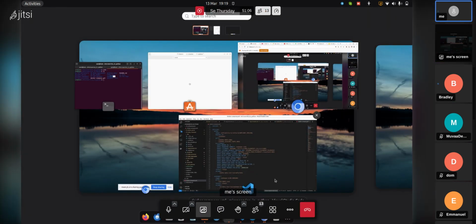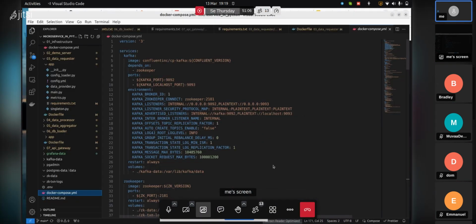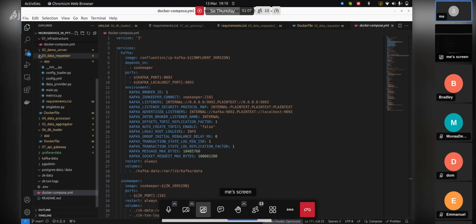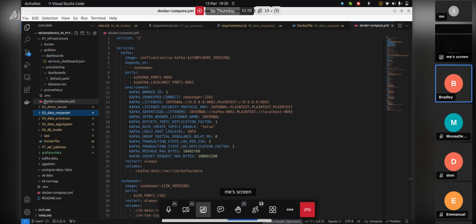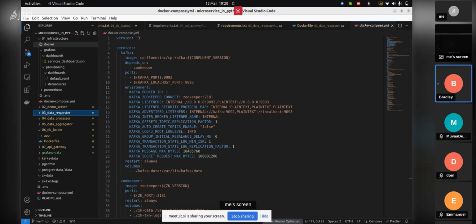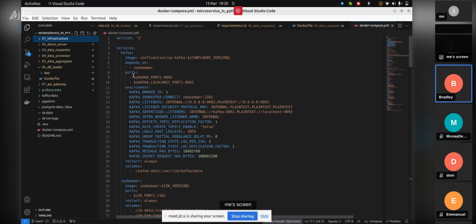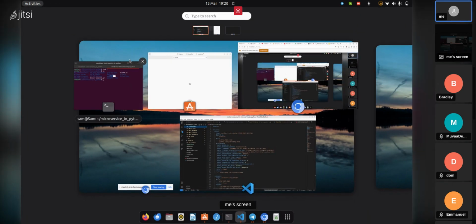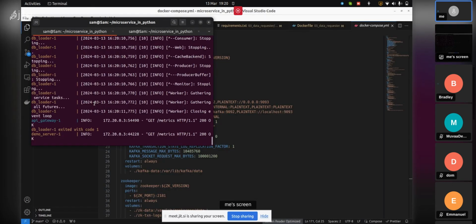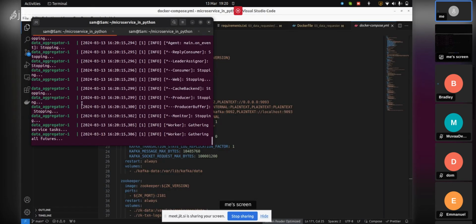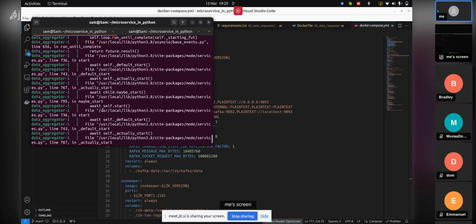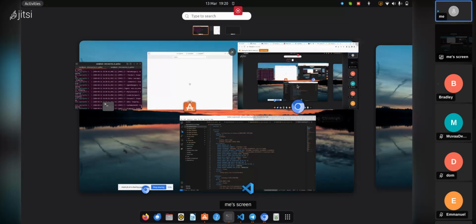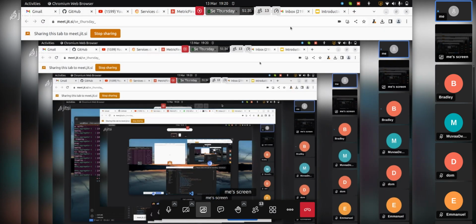So I'm going to show you from my code base. Next time we're going to do all this physically, but now I just want to show you how it works. We have our infrastructure, a demo server, a requester, everything. If I come back to this, I can spin up these Docker containers. You can see the Docker containers are running, even though there are some errors. Just ignore the errors.